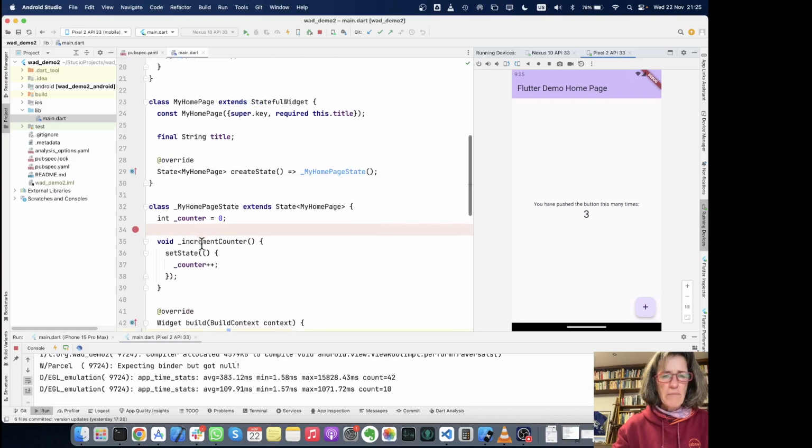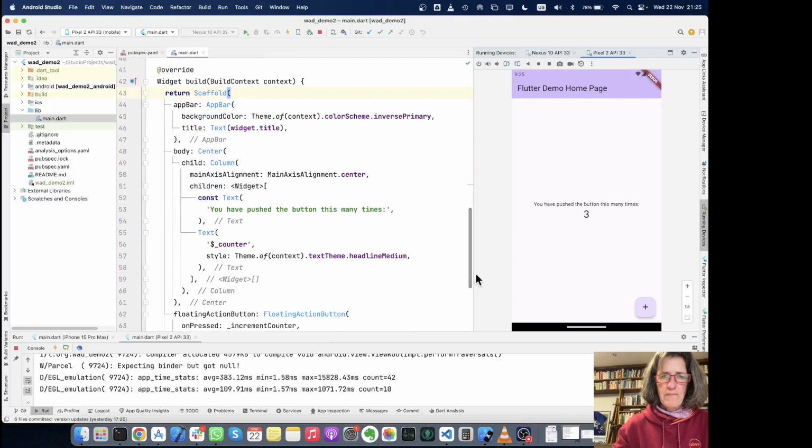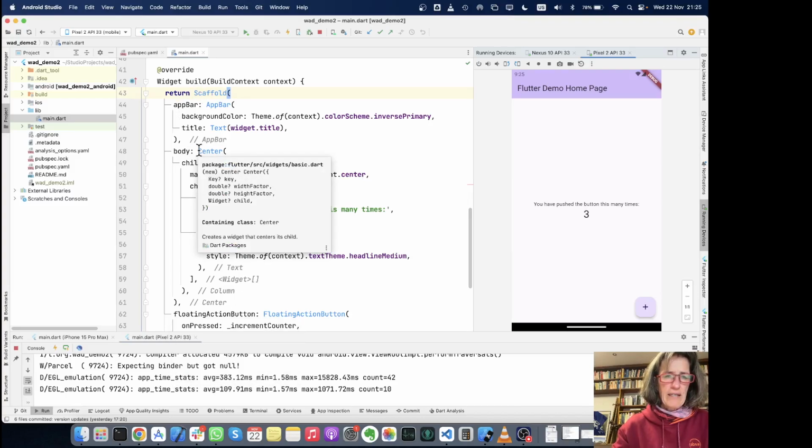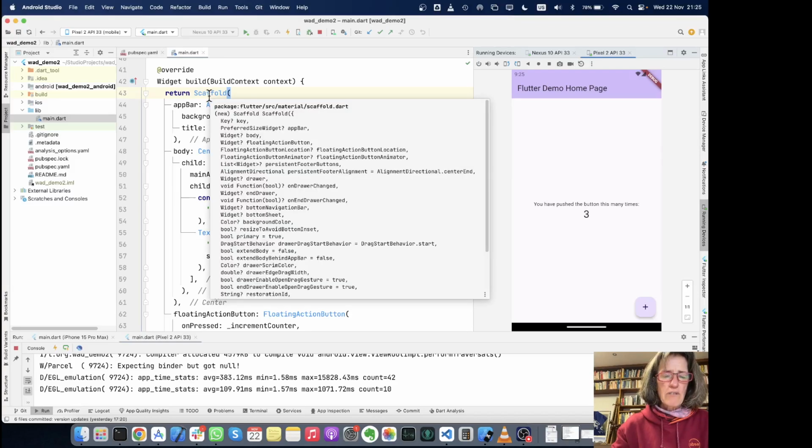This is a stateful widget. Then I have a build method here with a scaffold, inside an app bar, a body, and a floating action button. Inside that body, I have a center widget, inside a column with a bunch of text. And that's it already.